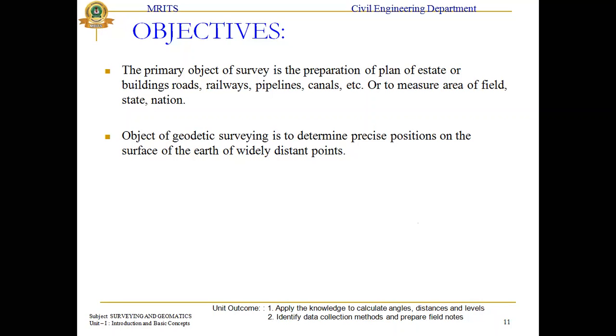And I will just give two examples. Building will be given 4 points. Okay, not any slopes, everything only for leveling. RL will be found out here, the reduced level, and the area will be calculated automatically. That's it. In the road point of view, railway point of view, pipelines and canals, here it will be implemented.